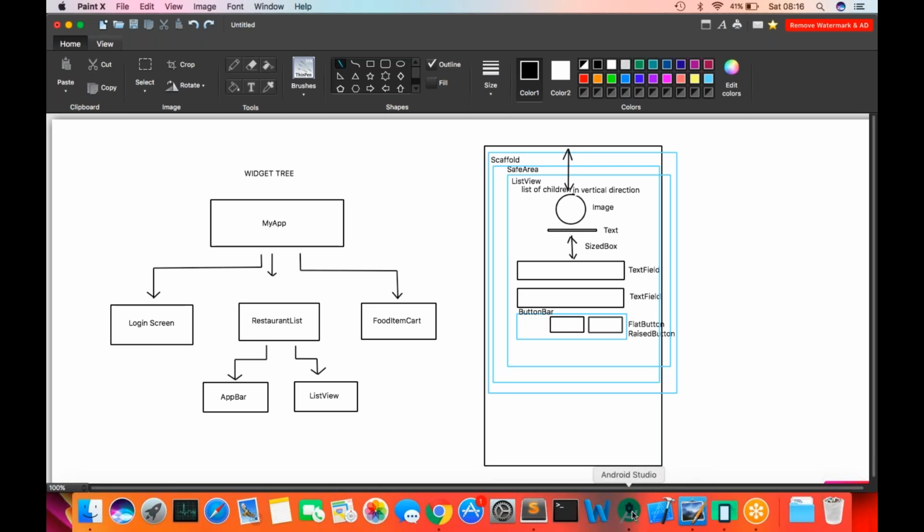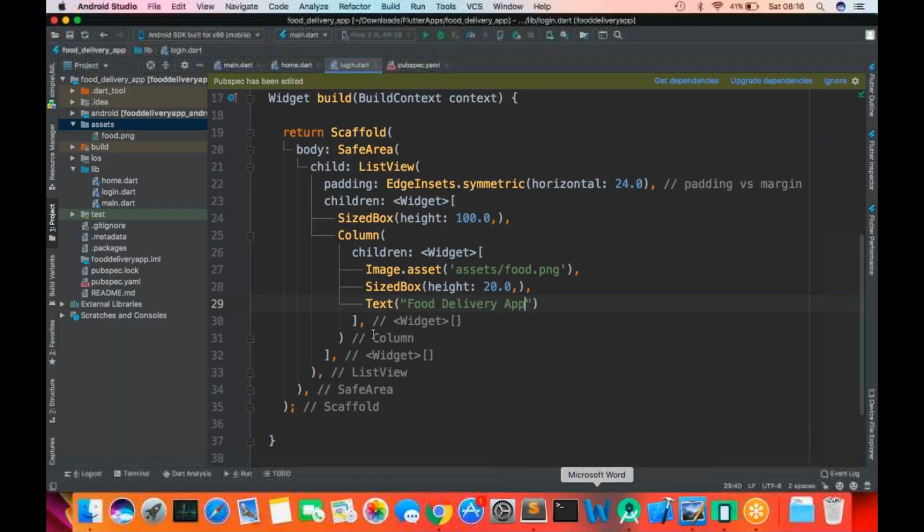So guys, I hope this part is clear. The scaffold contains a safe area, contains a list view. We got a padding for the list view, and there is a size box to begin with, and we got a column where we have an image and a text, right? Two children here in the column. Now, once this column is finished,